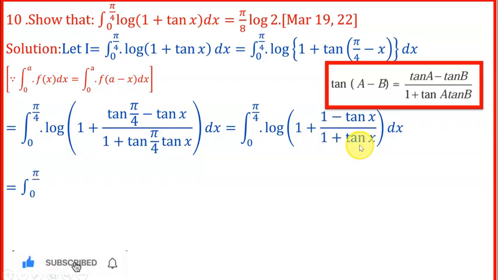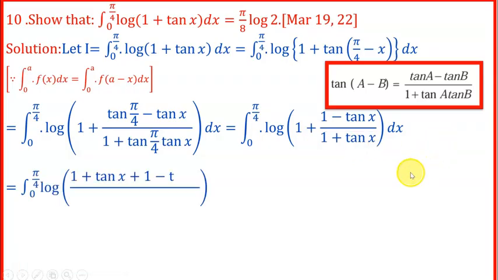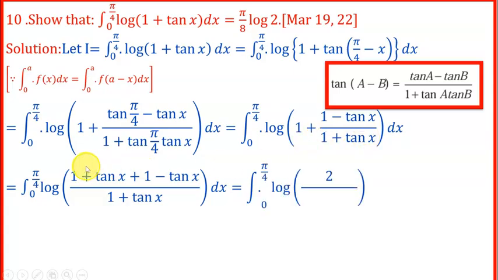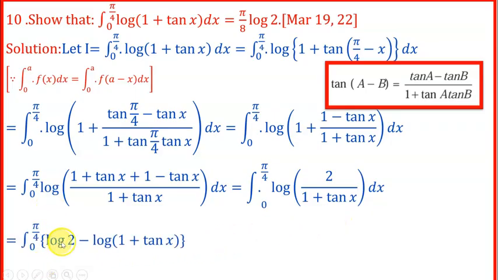(1 minus tan x) upon (1 plus tan x) into dx. Now simplify this: 1 into (1 plus tan x) plus (1 minus tan x). Now plus tan x minus tan x get cancelled. That is log of 2 upon (1 plus tan x) dx. Then you will get integral 0 to pi by 2 log of 2 minus log of